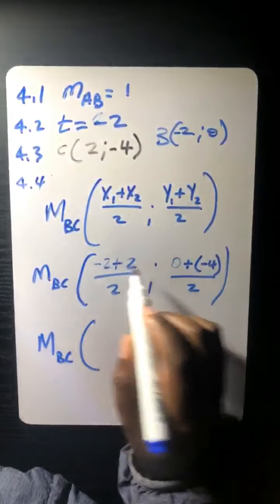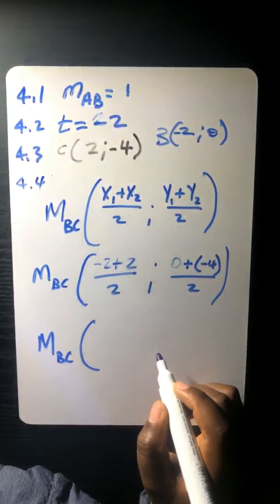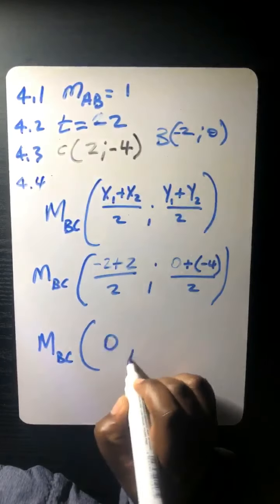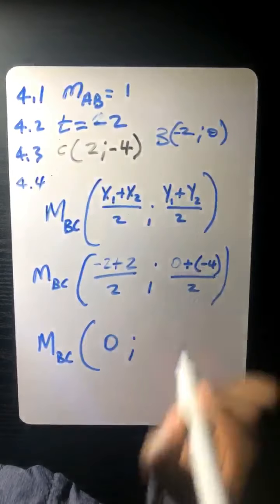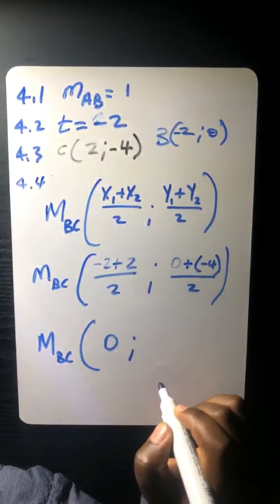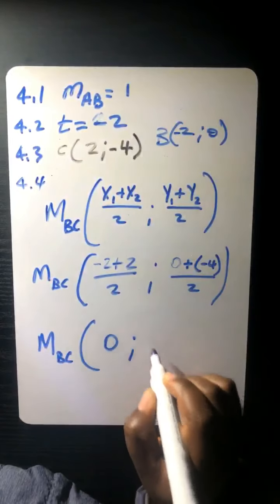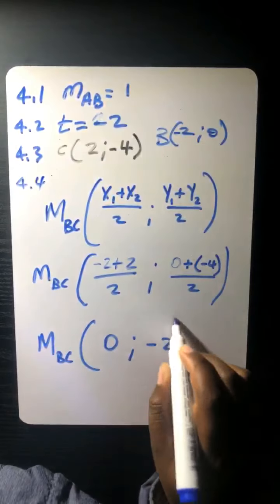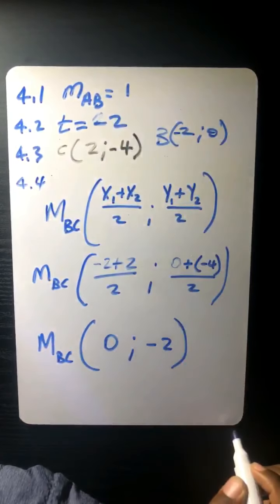Are we not having 0 there? Yes, sir, it's 0. And there I think we're getting -2, which means this is how we would determine the midpoint of